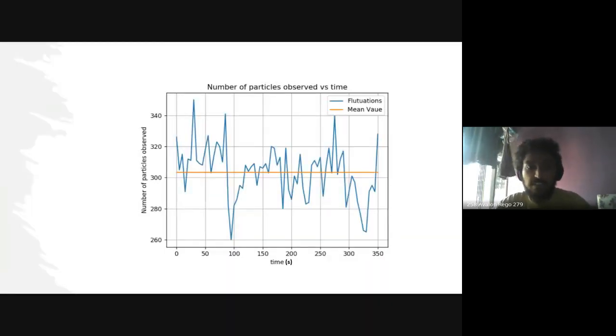We can basically automate this with a functionality in ImageJ, which allows you to automate the process for every image. Once you have decided on your parameters, you can automatically take all the frames you have extracted and get the number of particles automatically. So we did that, and this is the fluctuation of the number of particles with time, and the mean value is around 305.